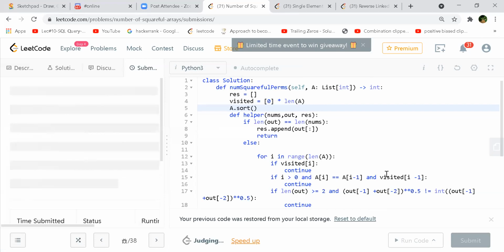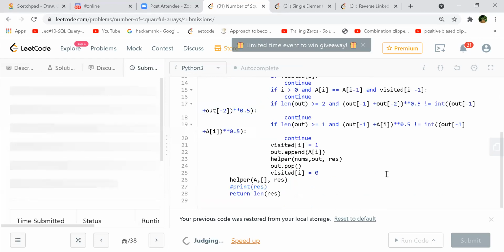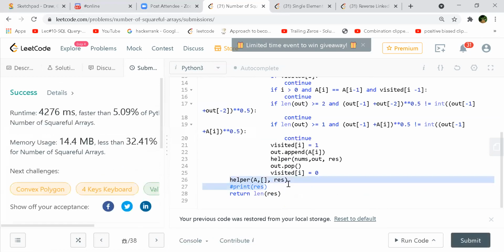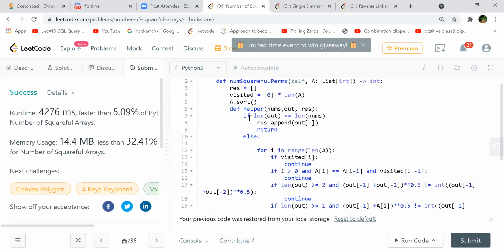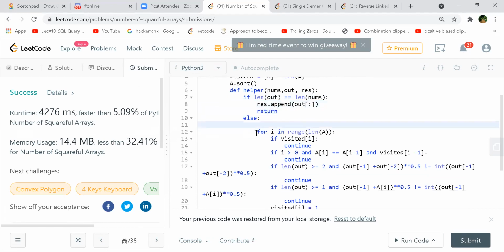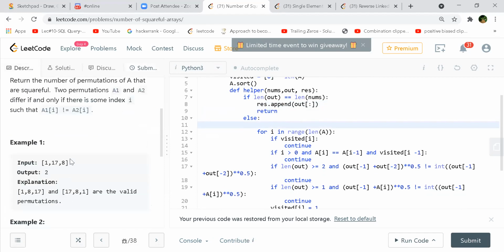How are you doing the backtracking? Like in the for loop, you are always taking. The helper function I'm creating, okay? And this is the visited array in this, and this is the normal terminating condition. What we do in permutation, if the length of the output list is equal to the length of nums, you just copy everything. But you just have to take the adjacent element sum, not the whole. The length won't change, right? If this is 3, this will be 3 only. Okay, let's walk through your solution and then we'll see if there are more solutions.